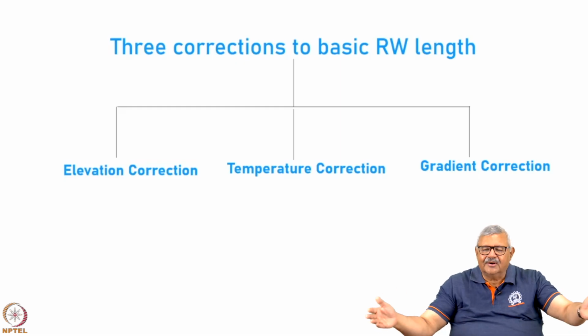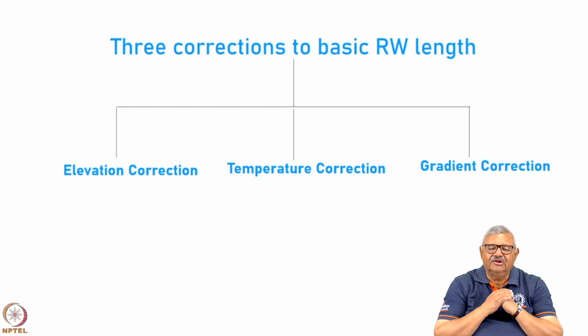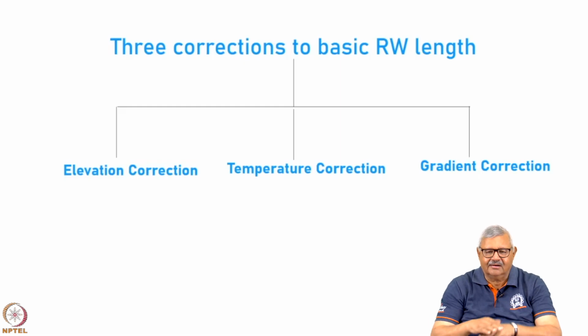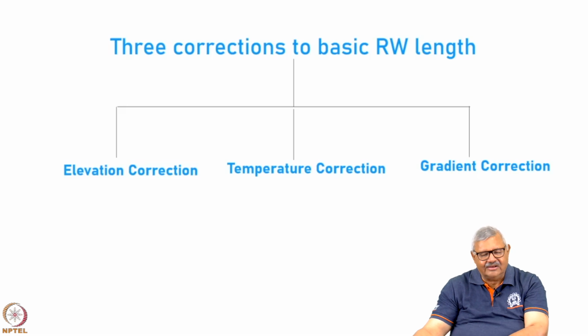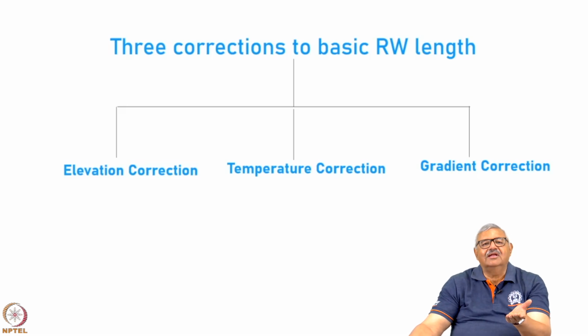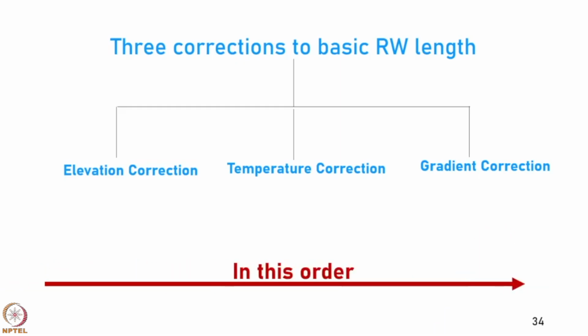Okay, runway is spread over a very long distance. It is very difficult to expect that the civil engineers will make it perfectly flat like a table. No, there will be some undulations and they are natural. Sometimes there are very large undulations, but what to do? You need to accommodate with that. Of course, it makes a difference, as we can see, to the runway length available. So, we do it in this order. First we do the correction for elevation, then we add the temperature correction, and then we add the gradient correction.